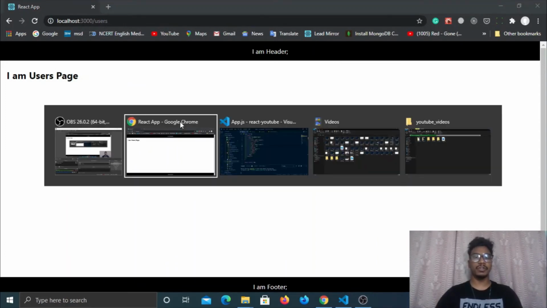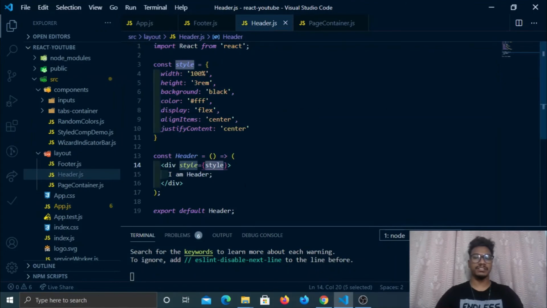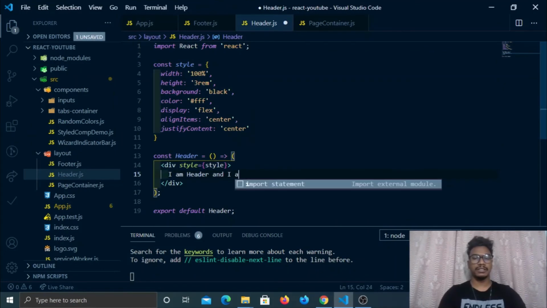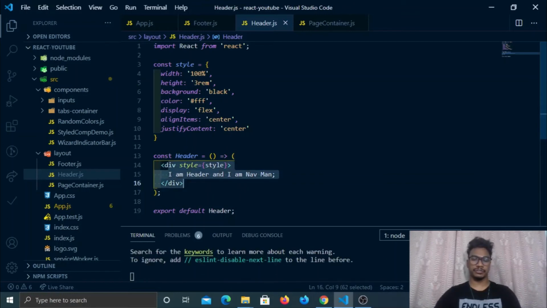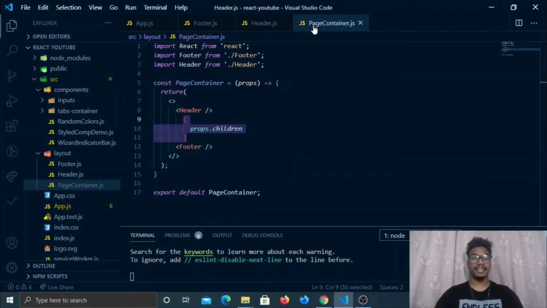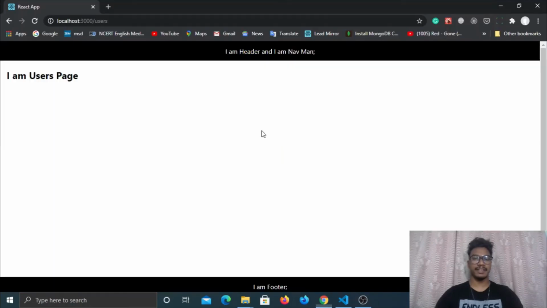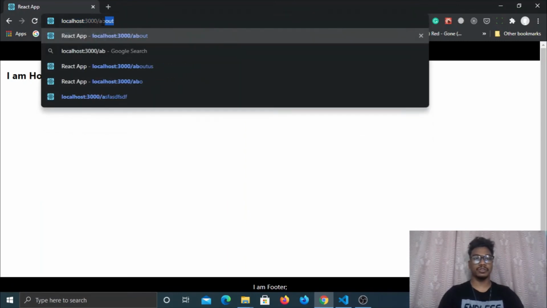And if I want to change anything, I just go to my header page and I'll write here. So this is a kind of single source of truth. So that's what Redux is all about, right? I'll share those things also. And I am a header and I am a nav man. So as you can see, this is a kind of single source of truth where your header is the same in any page. Until and unless you create your own header in your particular component, the header is the same. And if you use the page container, boom, everywhere it's gonna be the same thing. I'm a nav man, and if I go to my home, I'm home page, and if I go to about,